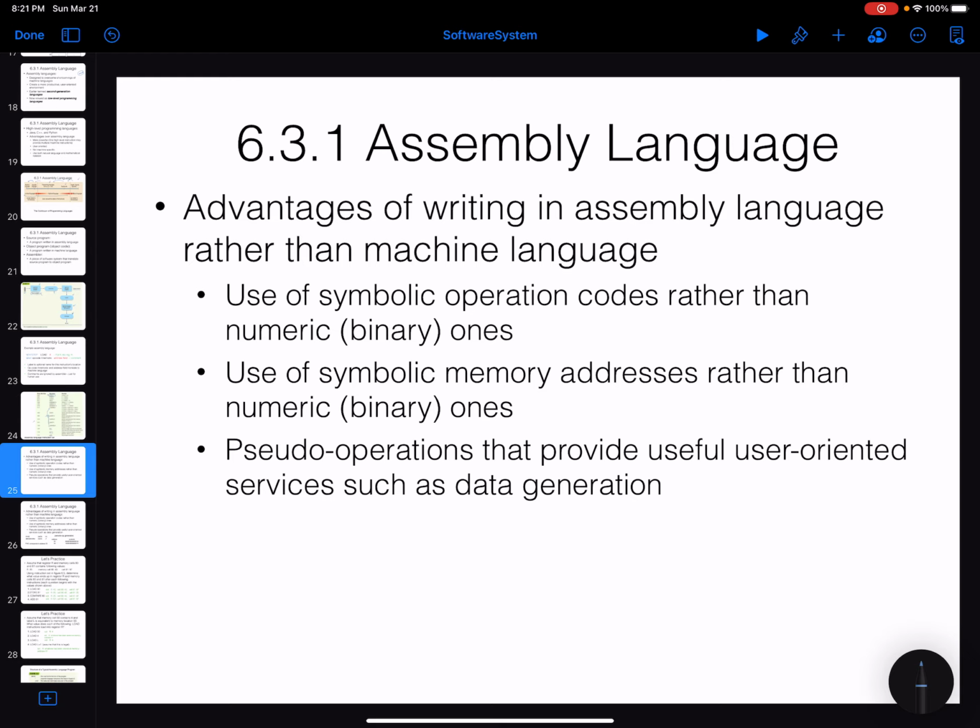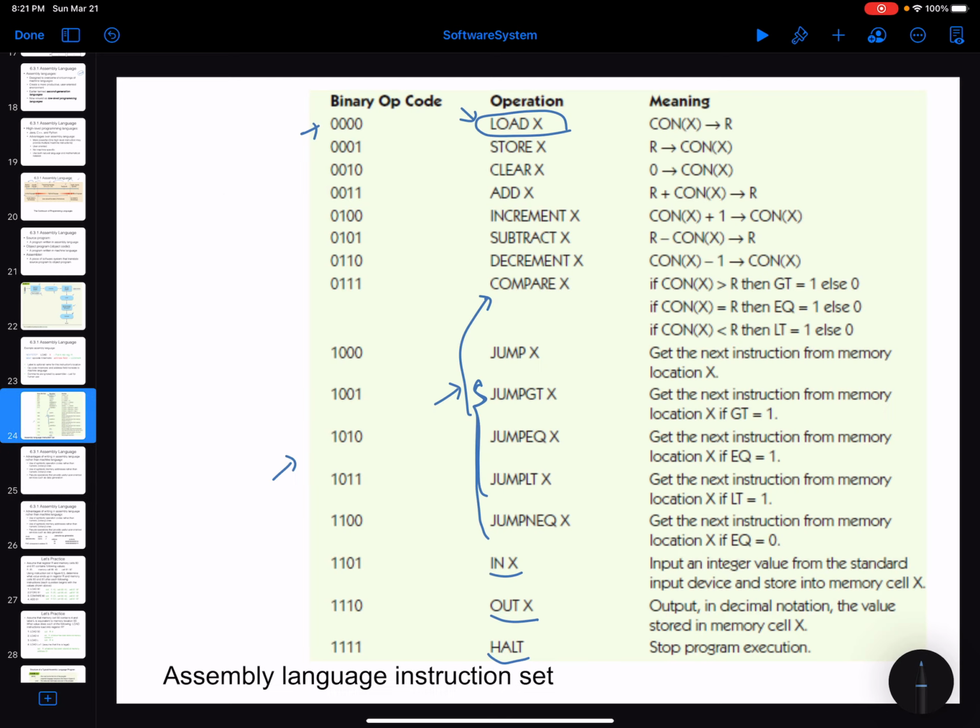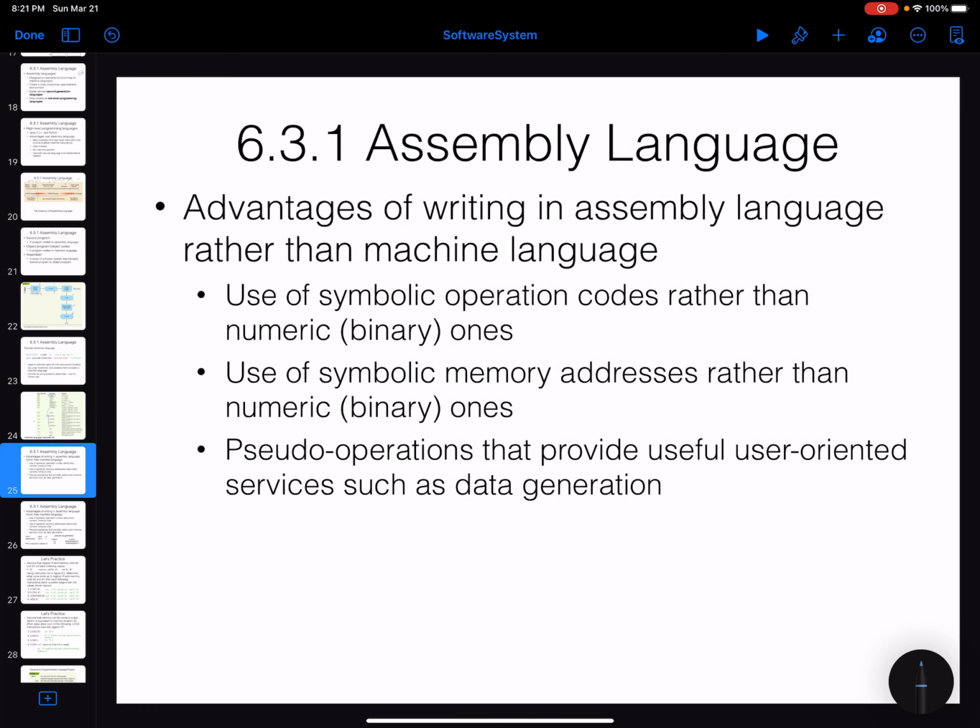Okay, the advantages of using an assembly language is that instead of writing in binary and using all of these binary codes, we will use these operation codes. And instead of writing the absolute addresses, we are going to use labels in the assembly language. And the last part is that there are going to be some pseudo operations that allow us to implement some way